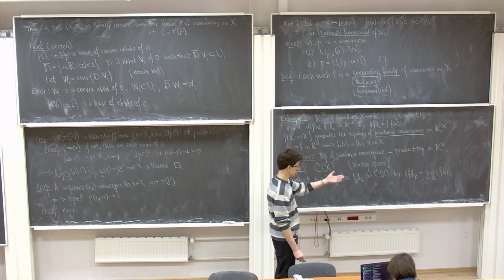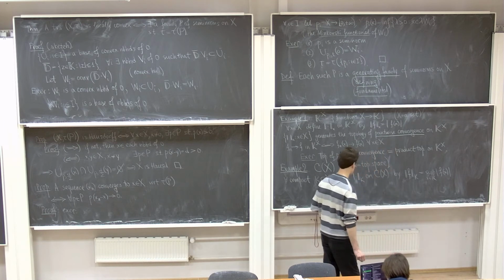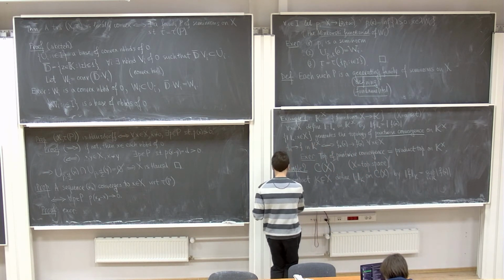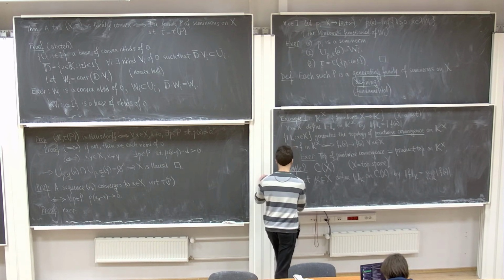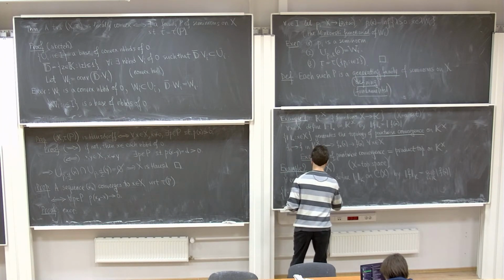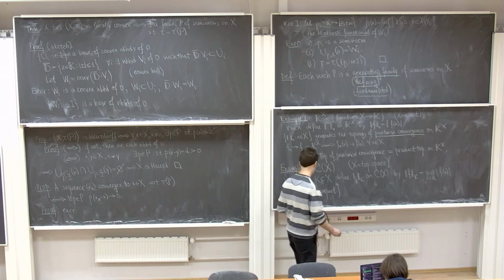And clearly this is a seminorm on C of X. So if we now consider all seminorms of this form, corresponding to all compact subsets of X, then this family generates a locally convex topology, which is called the topology of compact convergence